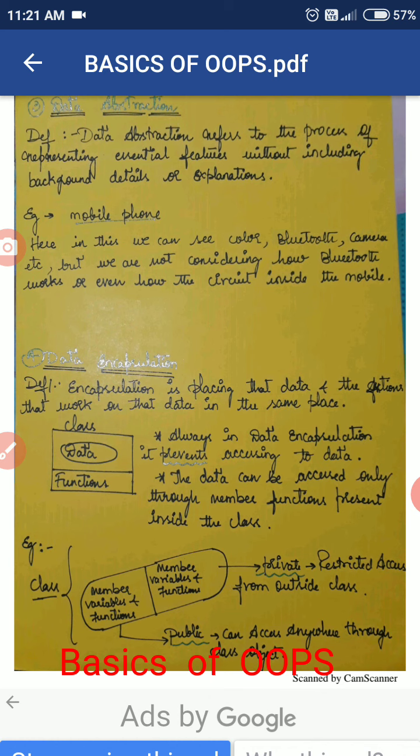Have you seen an encapsulated tablet? In the tablet there are minute particles that are encapsulated, in the sense that they are closed, covered. So the main thing which has to be restricted from the outside, which should not be exposed to common people, we call it a private access function.